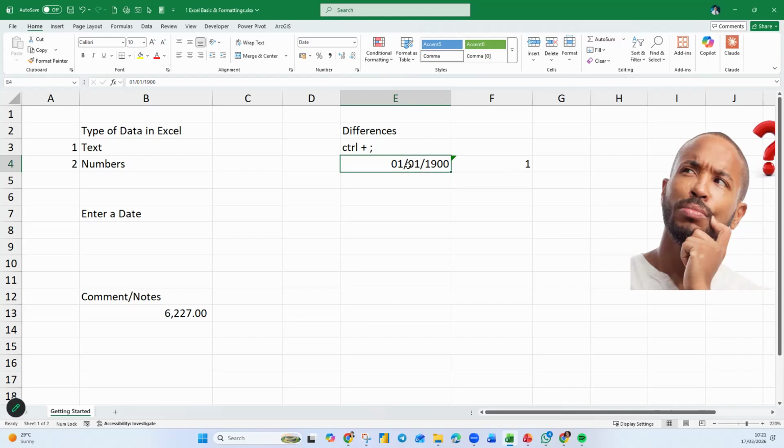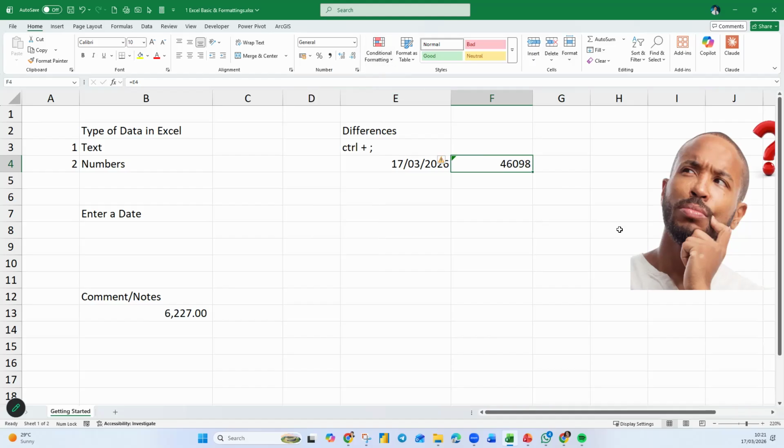So that's one. So if we put here 2nd of January 1900, there'll be 2. As for today, 17th of March 2026 is already 46,098 days since 1st of January. So it has to be a number. Every date has to be a number. So if you work on some Excel file, you open it and say, hey, why does the date become a 5-digit number? All you need to do is go to that number and change it to date format. Then it becomes a date. Right?